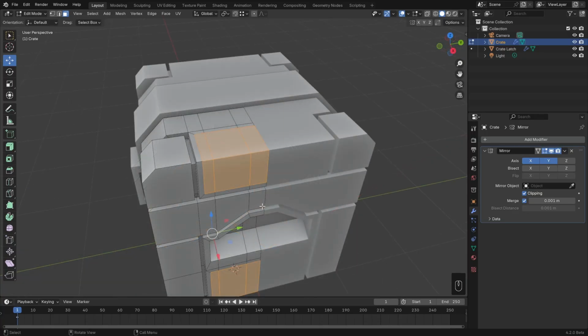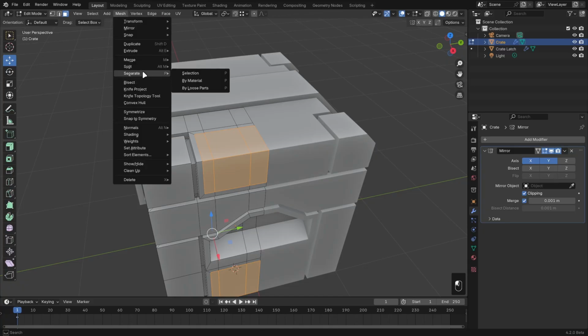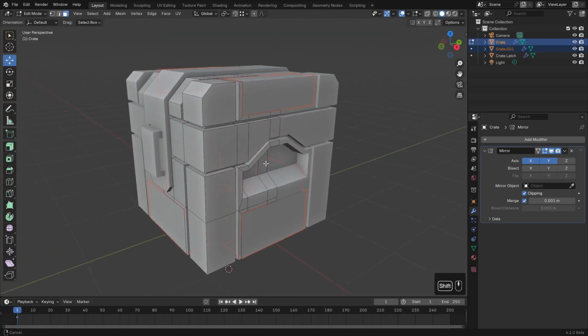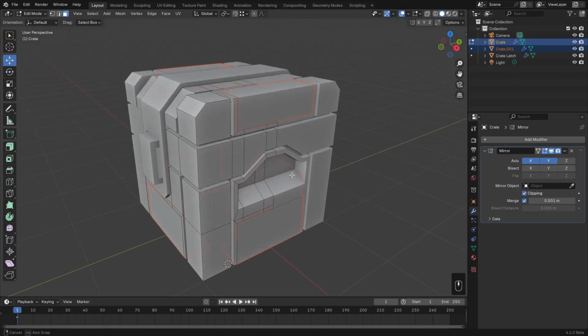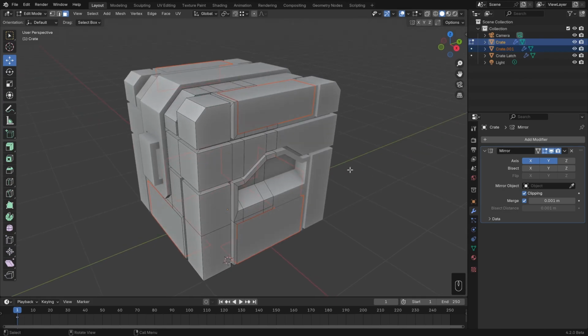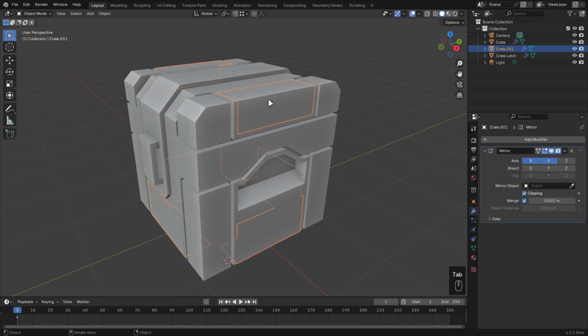And similar to what we did with the latch, I'll go to Mesh, Separate, and choose Selection. That's going to create a new object out of that selection and extract it from this mesh. So then I'll hit Tab to go into Object Mode, select that new object, and in the viewport I can hit F2 to rename this to Crate Bumpers, hit Enter to confirm that, and then hit Tab to jump into